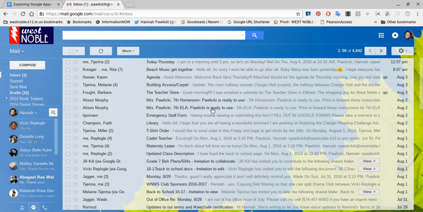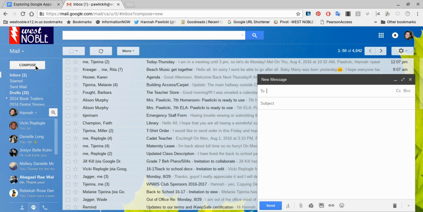So the first thing when you come into Gmail that you can do is write an email to a teacher. To do that, you click on the Compose, and a box will appear in the bottom right-hand corner. Then you can select who you're going to write to. The nice thing about